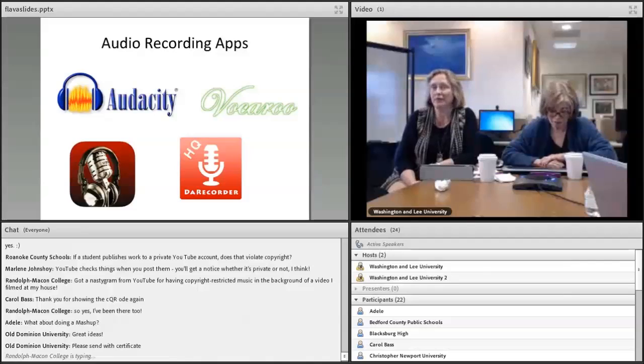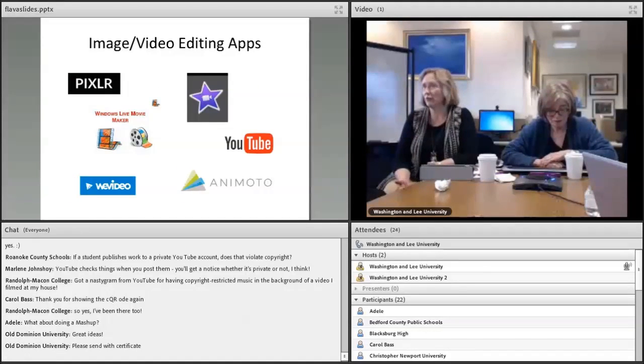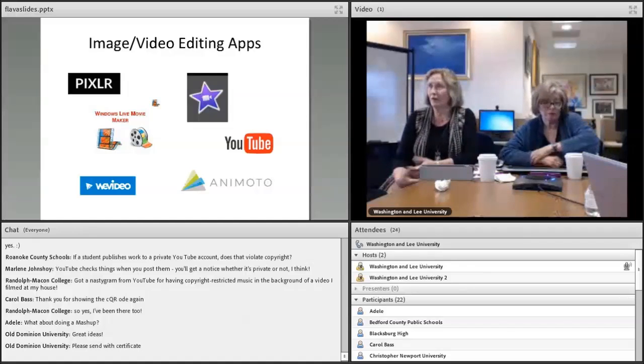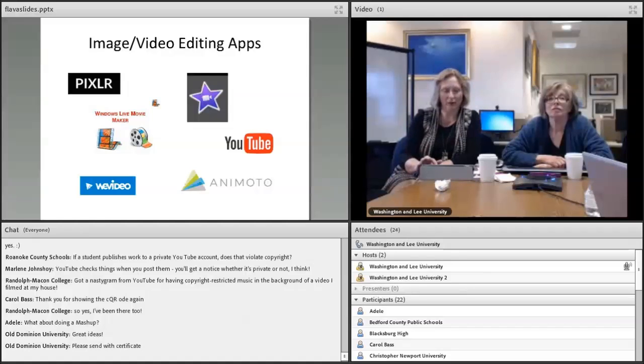A lot of times you have no idea what they have, especially at the university level, when we often rely on students bringing their own devices. And so then you have a much wider variety, and you need to pay more attention to making sure that you're offering them options that will work on whatever device they have available to them.